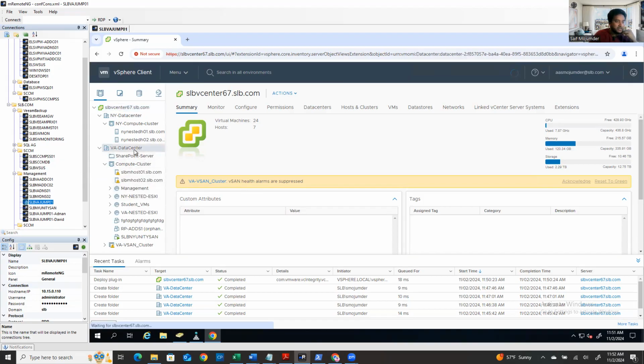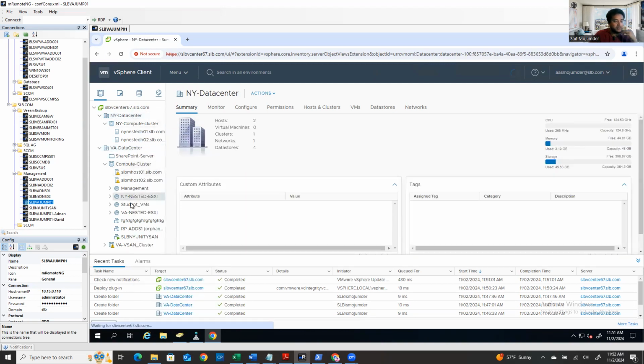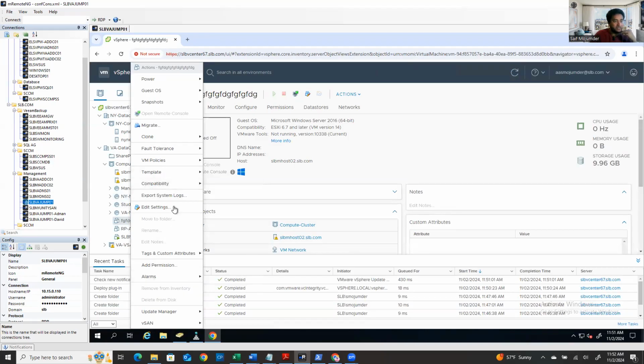Say for example, right click here, you can say new folder. You see, nothing he can do. Everything is grayed out. He cannot do anything anywhere, and also he cannot delete anything. Right click on it, you see, he cannot do anything. So if I can show you in a different window,